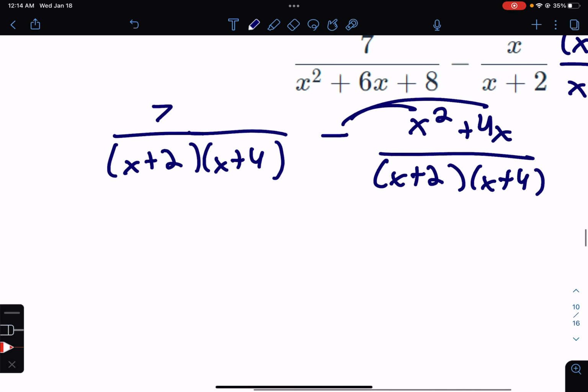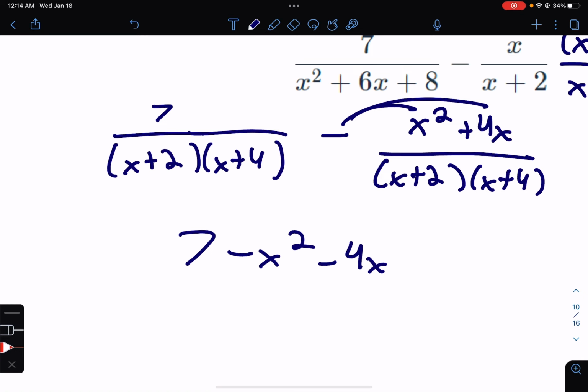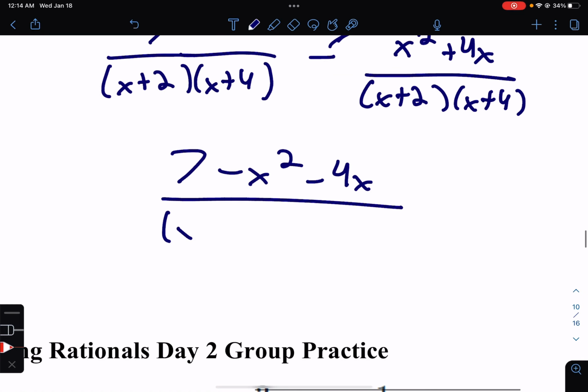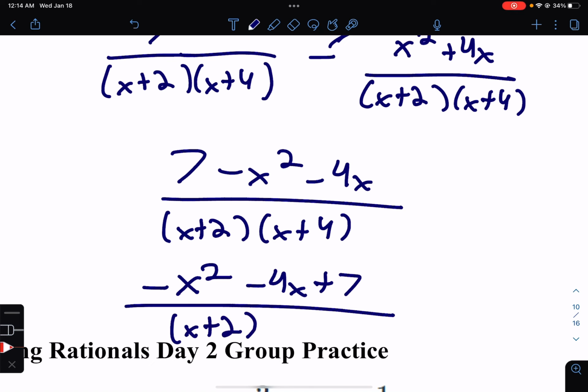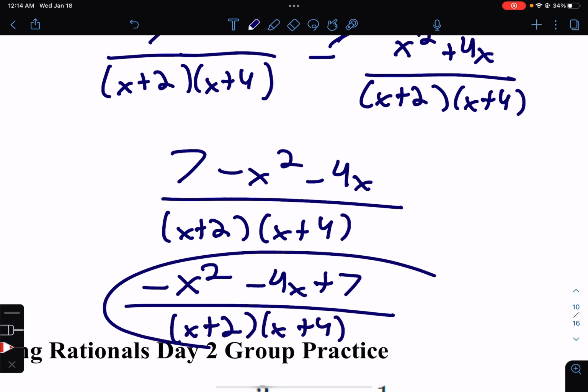Then I have to distribute my negative. I get 7 minus x squared minus 4x all over x plus 2, x plus 4. And then I can just put that in standard form: negative x squared minus 4x plus 7 all over our common denominator of x plus 2, x plus 4. All right,